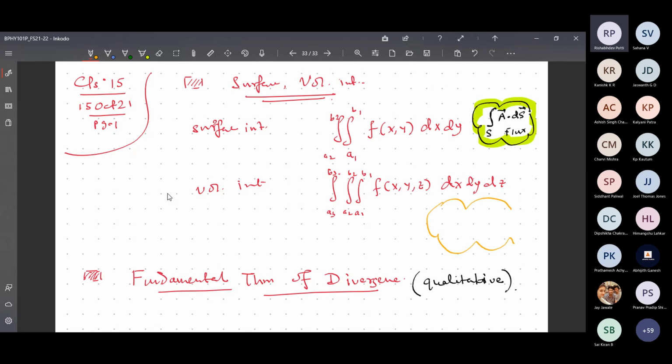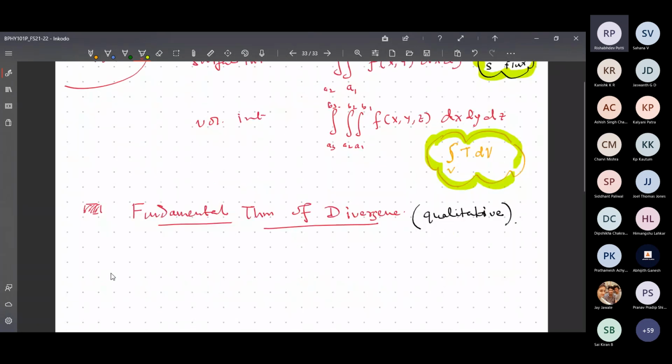And similarly for the other thing, let me write it down here. I will write again an integral sign, but with the notation V. The notation V represents that it is a volume, that means dx, dy, and dz, and I have a scalar function T and dV. dV represents dx dy dz, and T is the scalar function, exactly in the same format. So this will be your volume integral. Essentially, we are going to see this in the fundamental theorem of divergence and the fundamental theorem of curl.